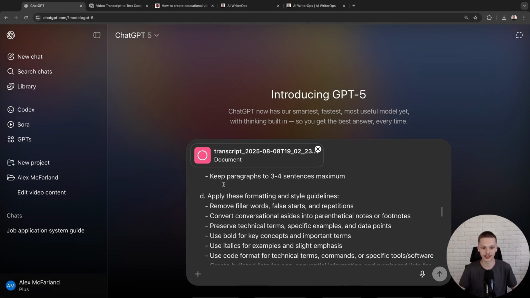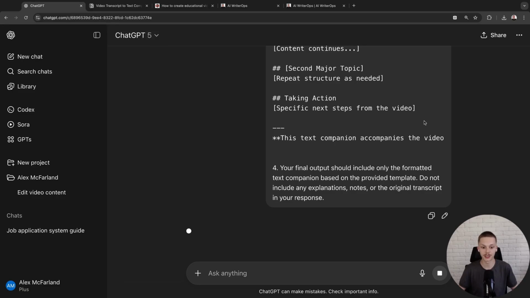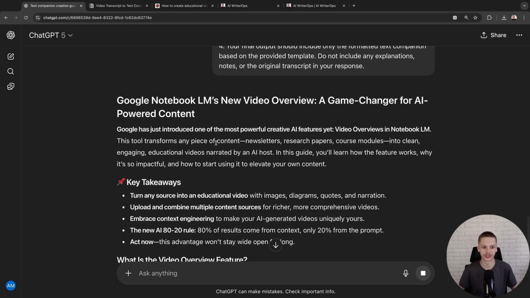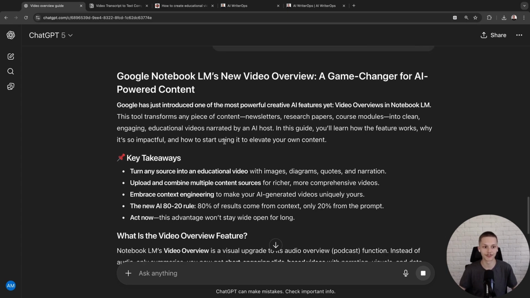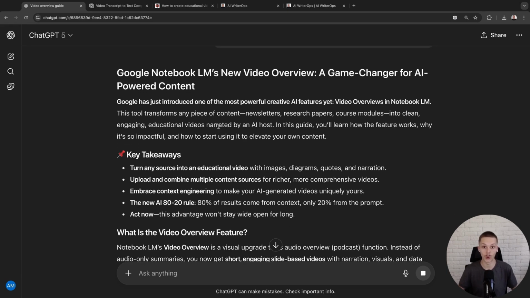All right, and now the transcript is attached. The prompt is ready to go, and I'm going to run it with GPT-5. And you're going to see right away, the first thing that catches my attention is that it's super fast. It's really fast, right? And that probably has to do also with it deciding when to use the thinking and